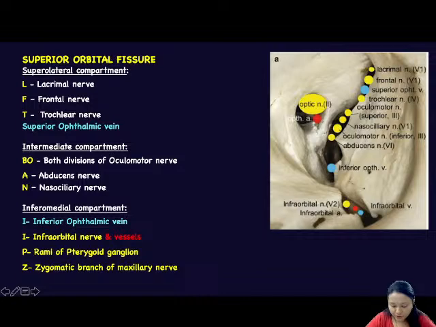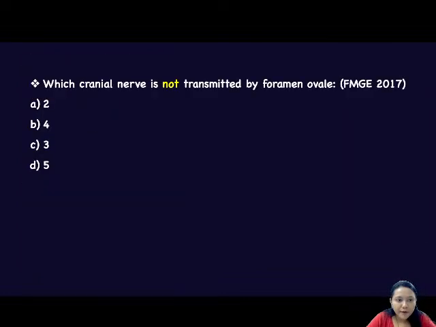Why I am teaching you this is that there are many questions on the superior orbital fissure. You get many repeated questions on it. So one of the questions is this, and I want someone to attempt it. Which cranial nerve is not transmitted